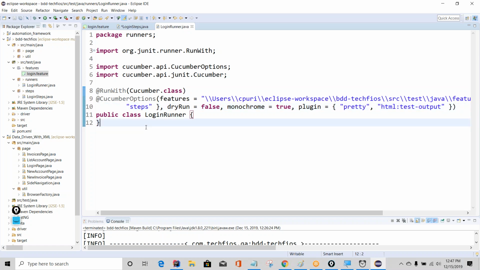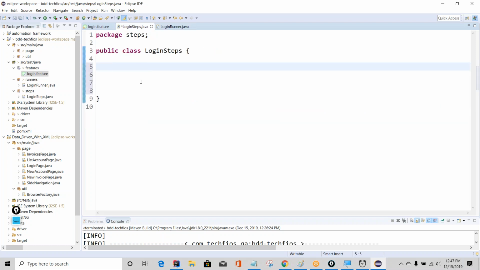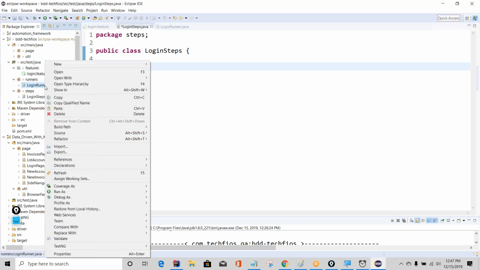Now, let's get out of this. We're almost done, but we don't have these method implementations here. What are we going to do? How are you going to connect them? What you do at this point is you come to this runner class and you right click and go to run as,